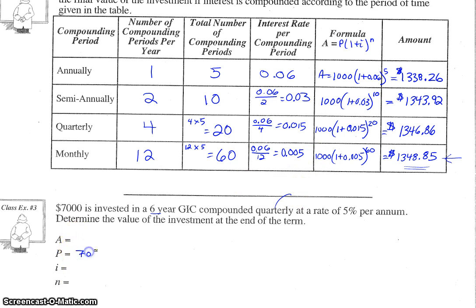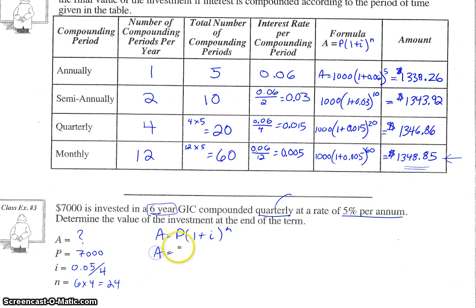7,000 initially invested. That's our P. Our interest rate, did they give us that? Yes, they did. It's 0.05, and that's per year, but we want per quarter, so we're going to divide that by 4. N is the number of compound periods over the 6-year period, so that'd be 6 years times the number of compound periods per year, 4, and that'll give us 24. And it looks like A is what we're looking for. So let's put that in our formula,